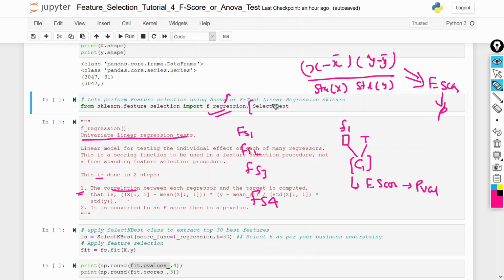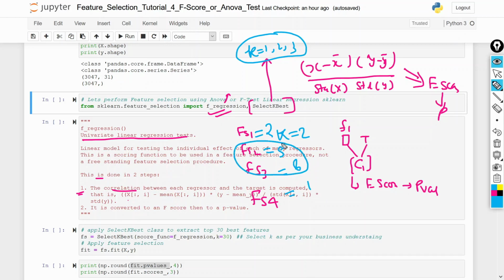So now we will use SelectKBest. What it does is, here we assign the k value. It means k is equal to 1 or 2, any value we can assign. On that basis it will select the top k features. If we provide k equal to 2, it will select the top k features. Let the scores be 3, 5, 8 and 1. So it will select the top two values, 5 and 8, in SelectKBest.